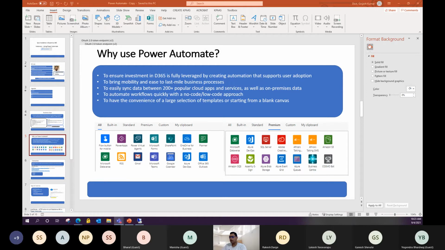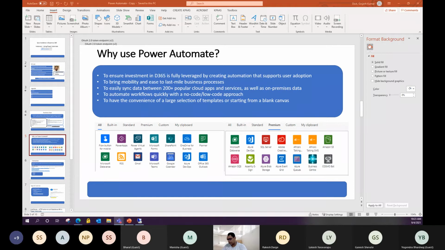If you want to send any email kind of thing, you just need to use the connector and configure it. The major aspect nowadays is that we are using Power Automate for the approval system. Take the example of a leave approval system: you are applying for leave to your manager, and a certain level of approval is available.